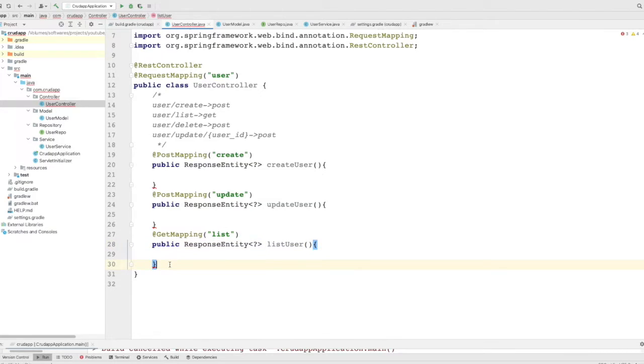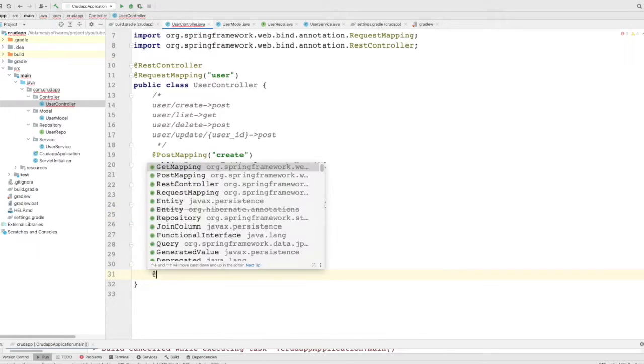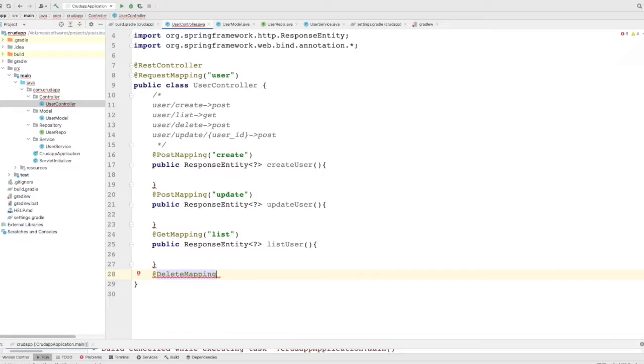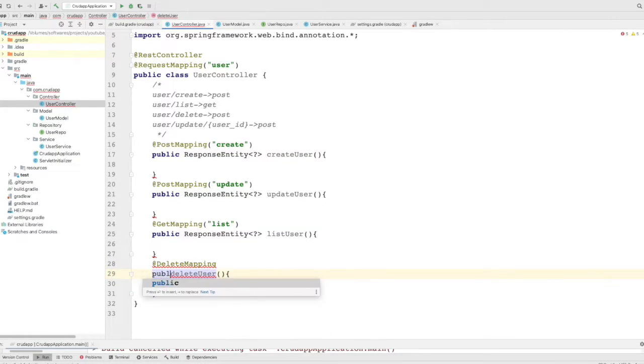Okay, fine. So the last one is about deleting the user. For deleting, we can go for delete mapping or anything, so I'm using a delete mapping alone. Delete mapping, delete user. Inside this delete user, I'm going to mention public response entity, and I'm going to have a simple